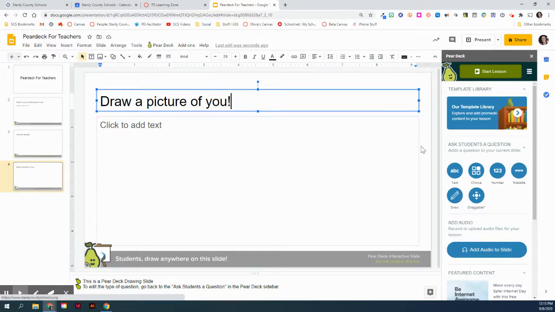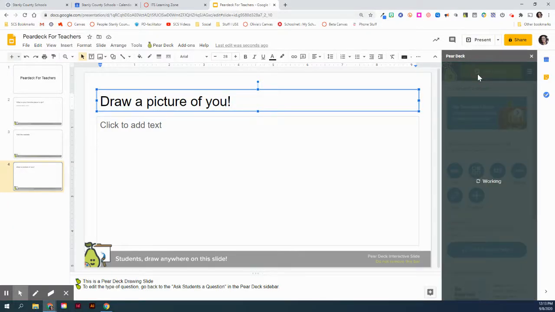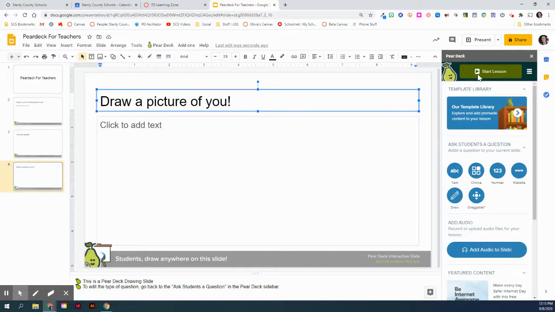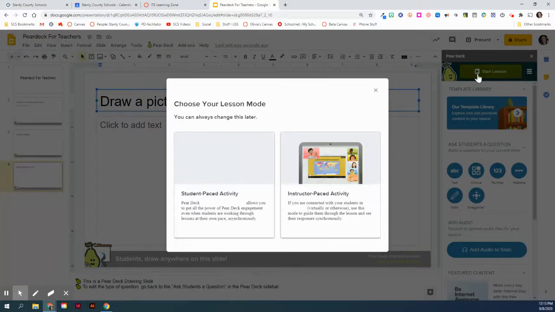So we've set up our presentation that we want the students to see. The next step is to actually share it with the students. So to do that, we'll come up here to the top and do Start Lesson. We don't do Present. Okay, when you're using Peardeck, you don't use the Google buttons, you use the Peardeck buttons. So I'm going to click on Start Lesson, and it's going to put this lesson together for me,